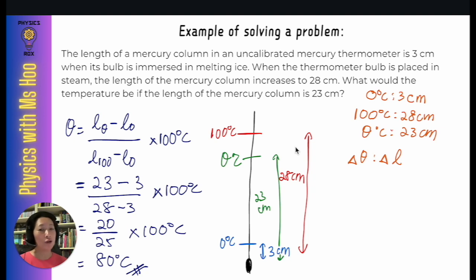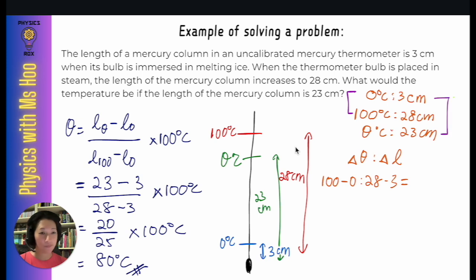So remember, for ratio, we always compare the known against the unknown. So let's start with the known first. So we're going to take the difference between these two values. So on the left-hand side, we're going to write the difference in the temperature. That means 100 minus 0. Then on the right-hand side, we'll take the difference in length. So the difference between 3 and 28. So 28 minus 3. This ratio would be equal to the ratio between the unknown, which would be the difference